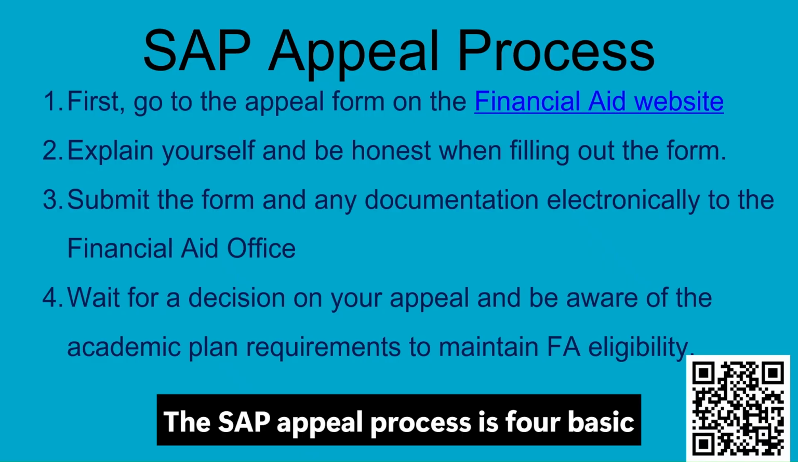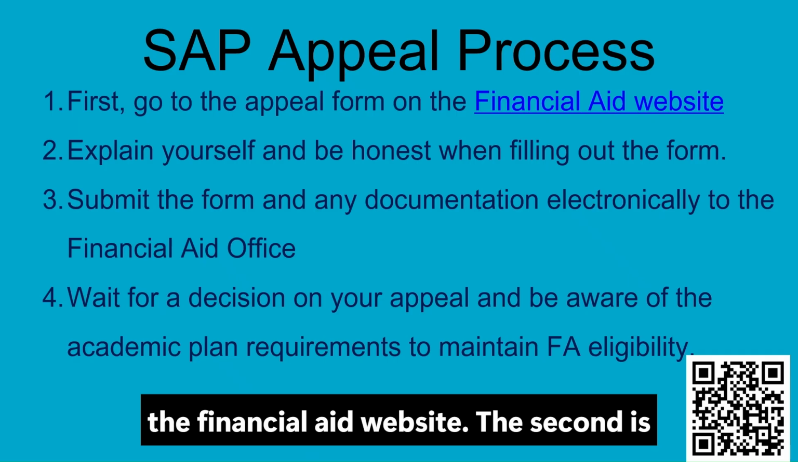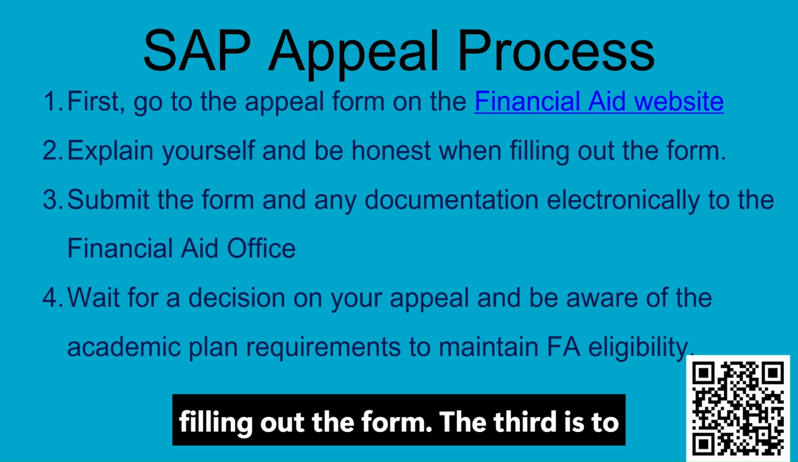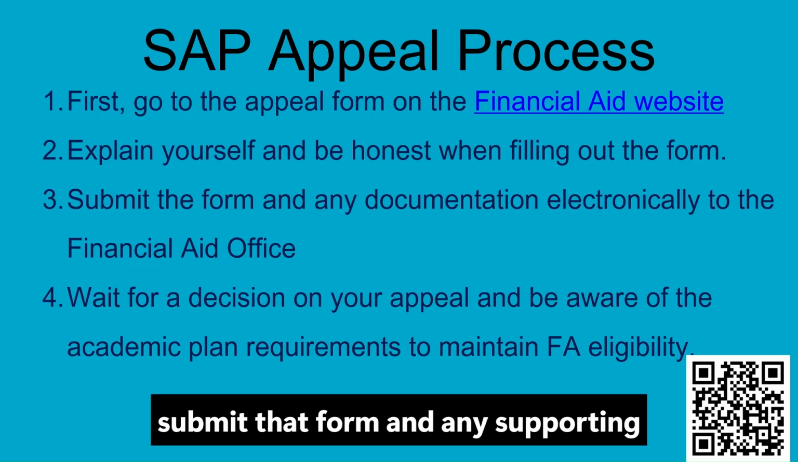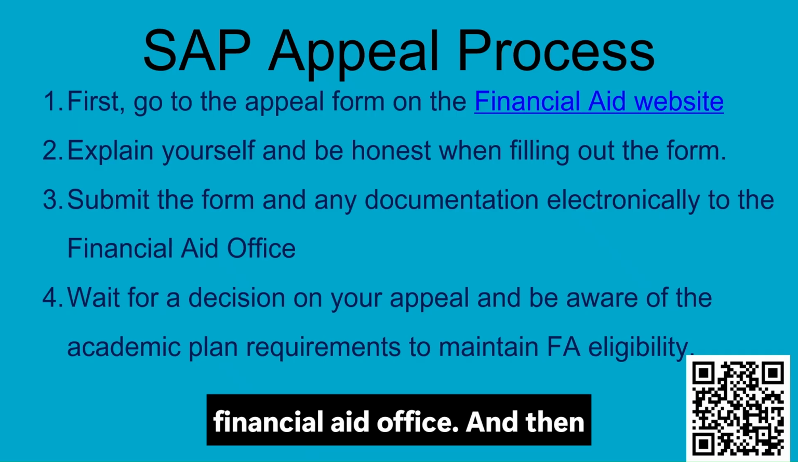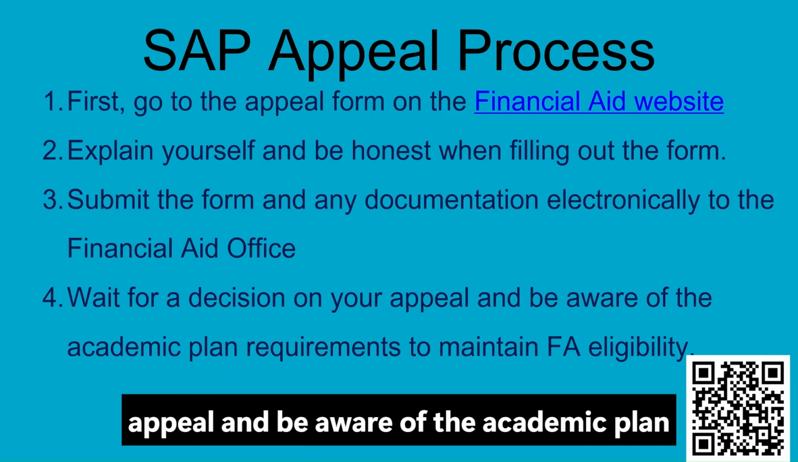The SAP appeal process is 4 basic steps. First, you go to the appeal form on the financial aid website. The second is to explain yourself and be honest when filling out the form. The third is to submit that form and any supporting documentation electronically to the financial aid office. And then lastly, wait for a decision on your appeal and be aware of the academic plan requirements to maintain